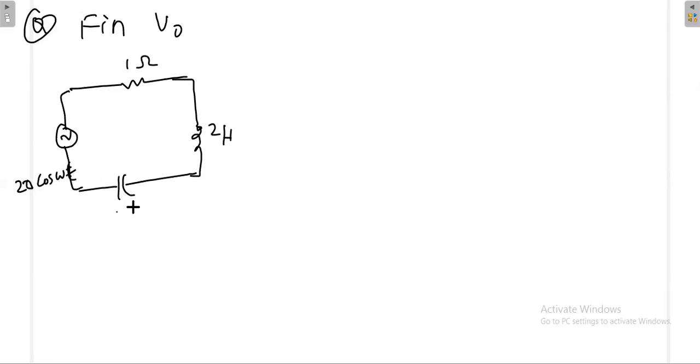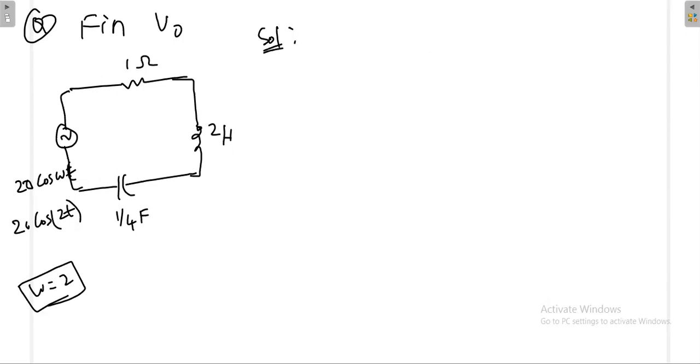Now this value is 1/4 farad. And again, once you see here, what is the frequency? Cos omega t they have given. I think they have to give the frequency, because if they give simply omega, you cannot calculate the frequency. I think it should have been 20 cos 2t instead of omega t. So that means what is hidden here? Omega is 2. Once omega is 2, you can find out the impedance here.